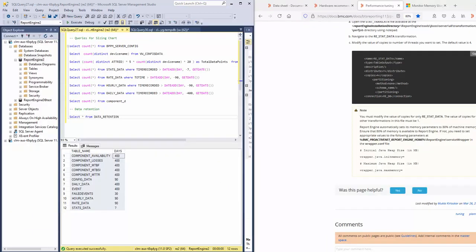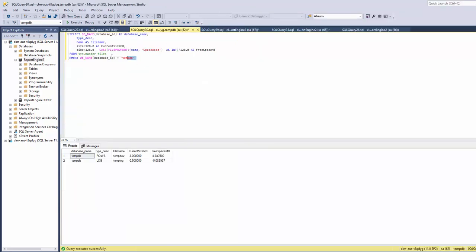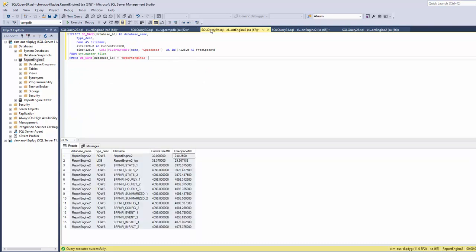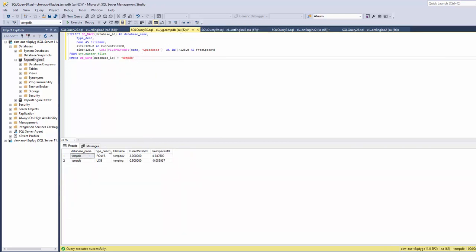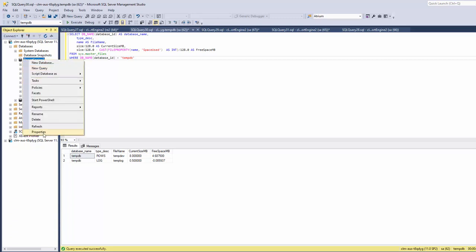Finishing with the documentation, we can check out some stuff from the database. It is common to have problems with the file groups. I have some queries here that are also included in the knowledge article that are going to help you monitor the free space for the files from the report engine database and also from the temp database, that it also needs to be monitored. In case we have a problem with a file group, we can go to the Object